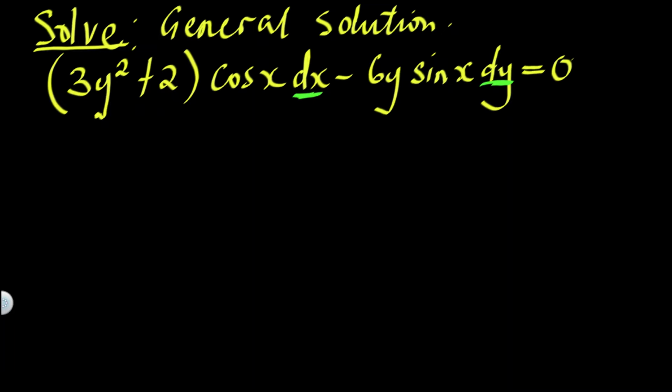It's not a complicated affair. You just have to use your skills of algebra to do this separation. Now I'm taking the y's to the right hand side, and I'm leaving the x's on the left hand side. So if I do that, I will have here cosine of x dx divided by sine x. This will be equal to